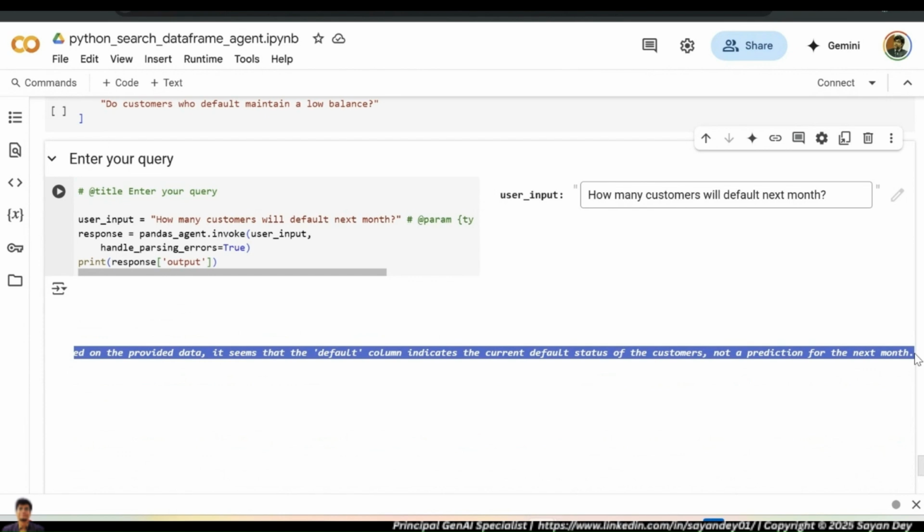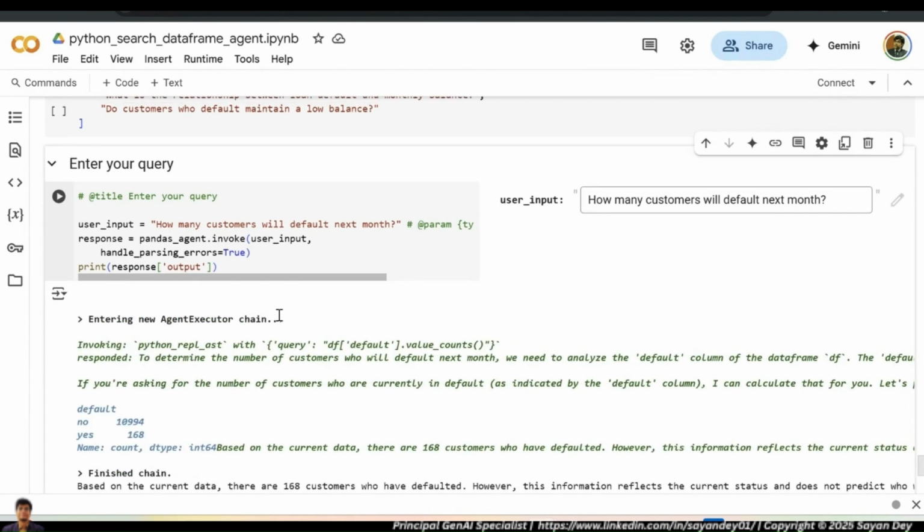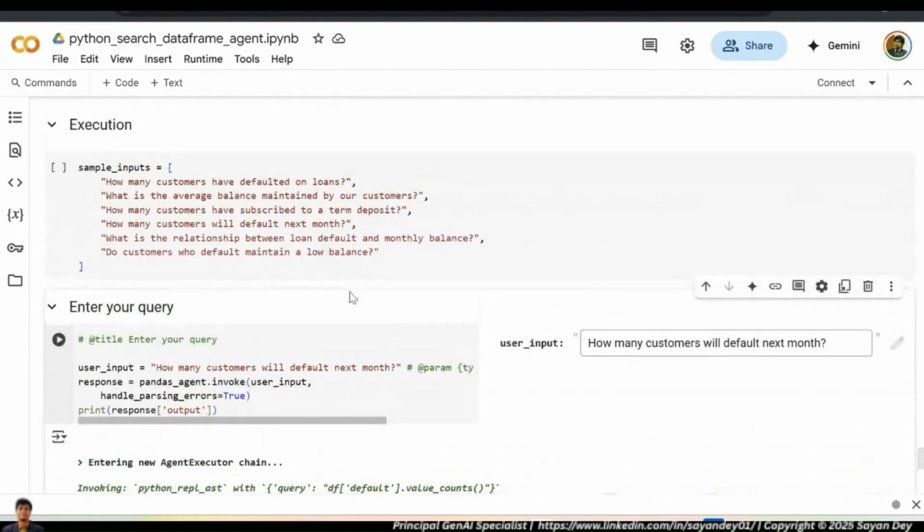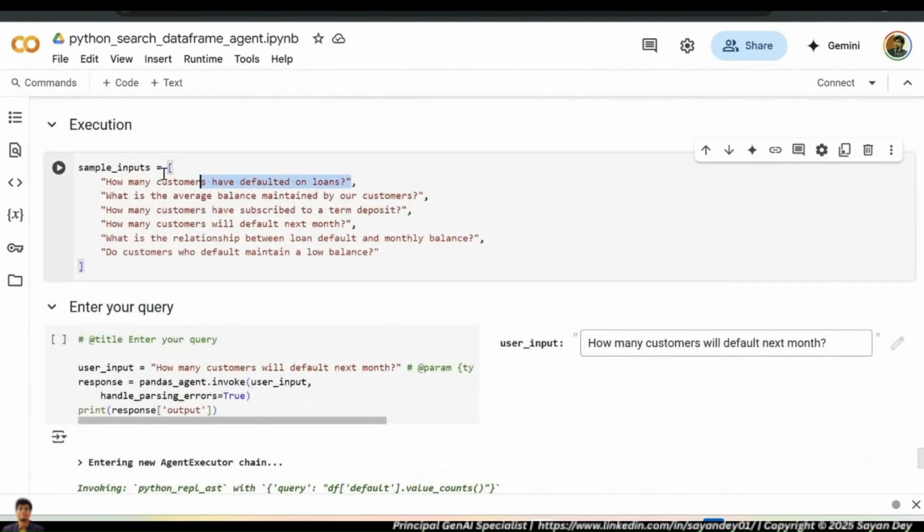Okay, so the agent is just working on the data frame. Based on your question in natural language, we are able to generate the result in English. So we don't have to write the code in a way. Next time you have any table or any data available in a data frame in Python, you can literally ask something in natural language, and the entire exploratory analysis will happen automatically